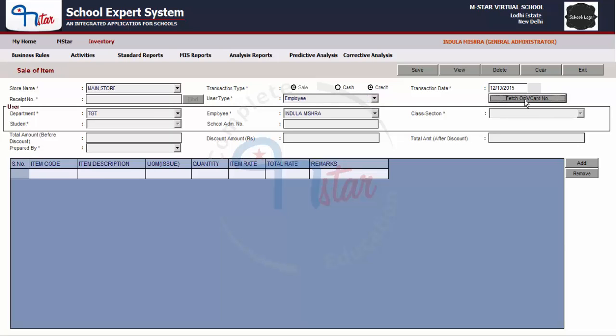So fetching the OMV card number again and it is displaying us the name of the employee. Since this is the first sale entered, enter a receipt number. If more receipts are already generated, then the button Find will be enabled and on clicking the Find button, you will be able to identify the last receipt number for the transaction